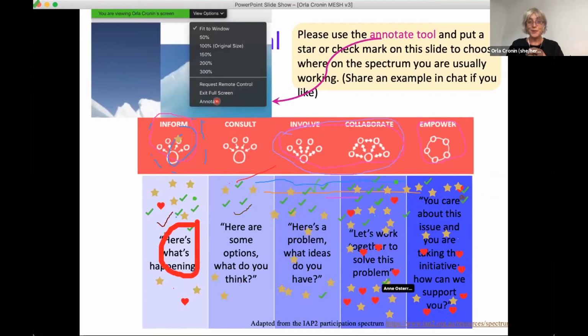So thank you for that. We're seeing lots and lots of stamps, and we can see that people are working all the way across the continuum. So I'm going to invite you to pause your annotation for a moment, and we're going to move on